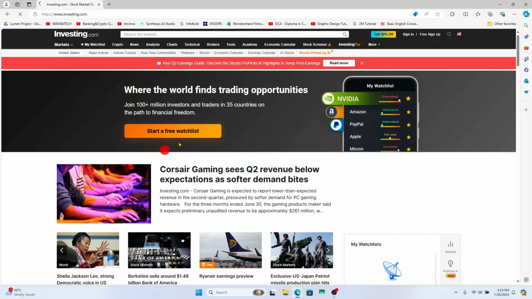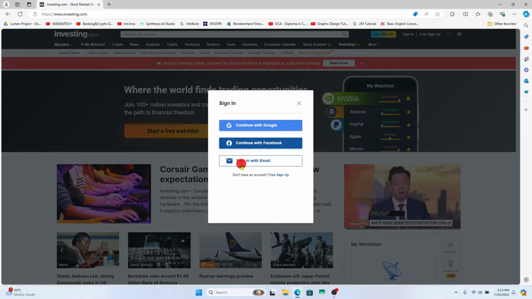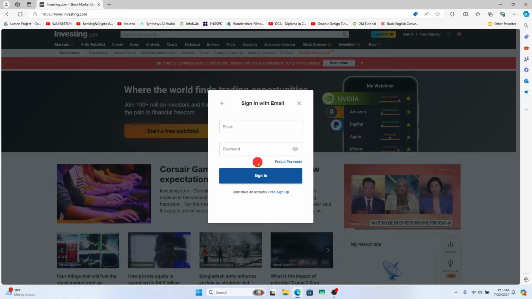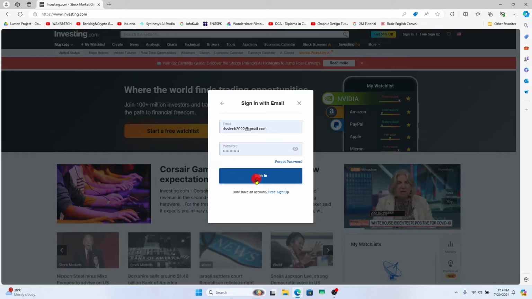Now, if you already have an account, click on the sign in button at the top right corner and you will see various options. If you have already linked your Google or your Facebook account with your investing.com account, then you can click on the respective buttons to log in through a shortcut. Otherwise, click on sign in with email and you will be asked to enter your credentials. Proceed by entering your email address that you used while signing up for your account and enter your account password underneath within the password box. After entering both of these credentials, click on the sign in button and you will be logged in to your